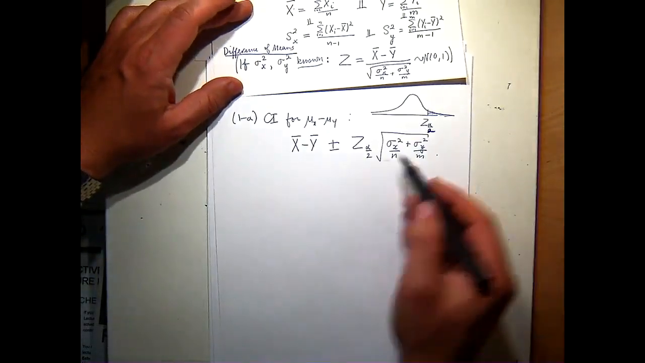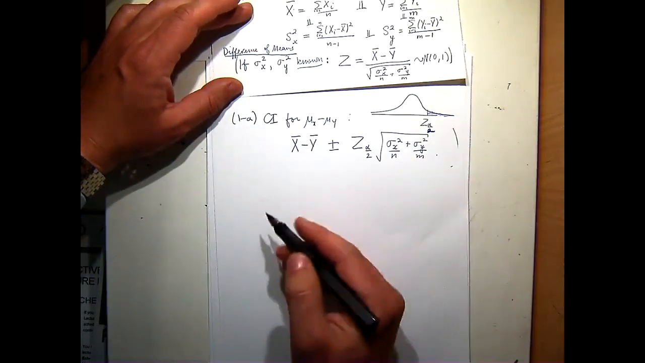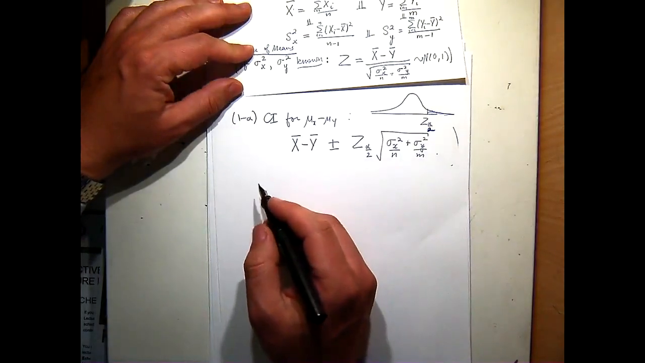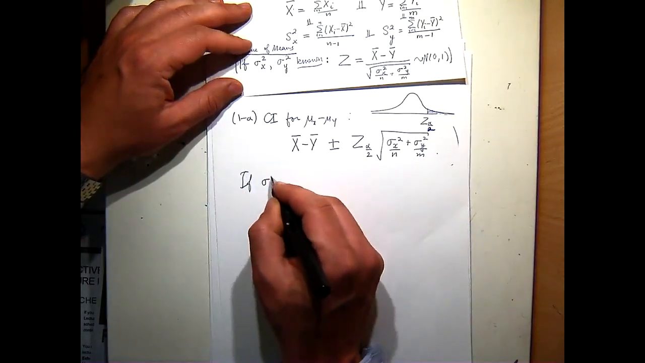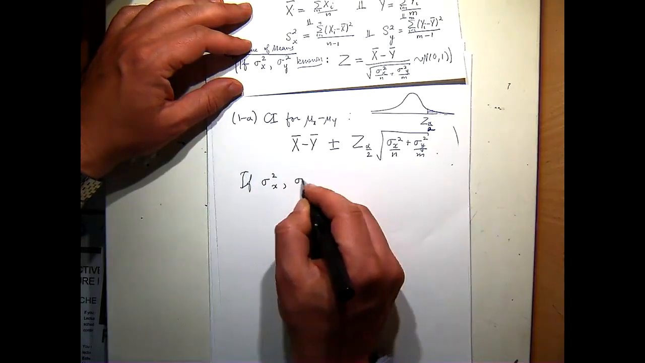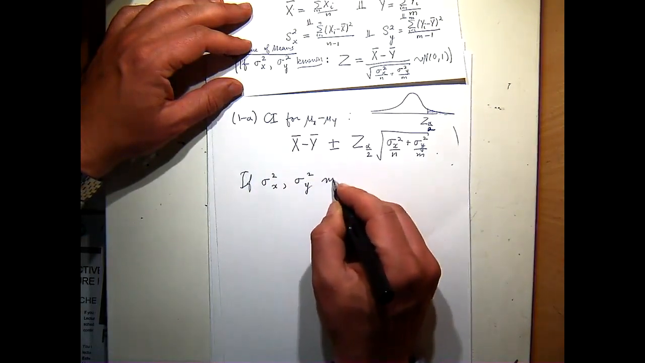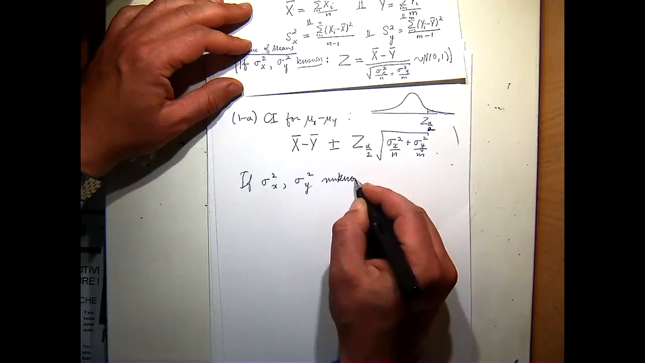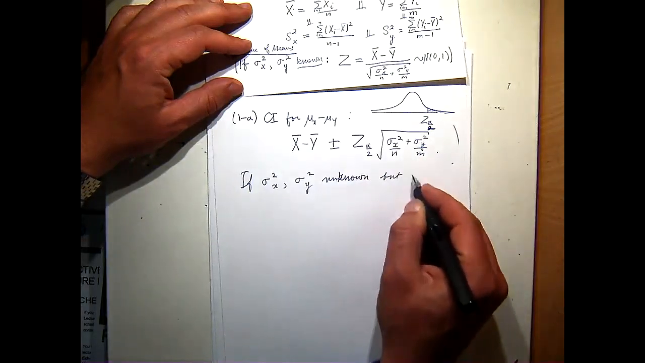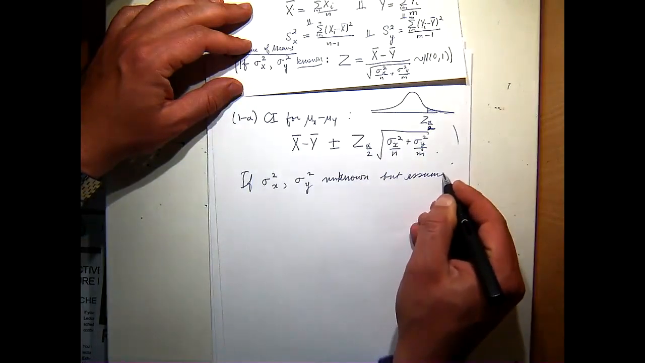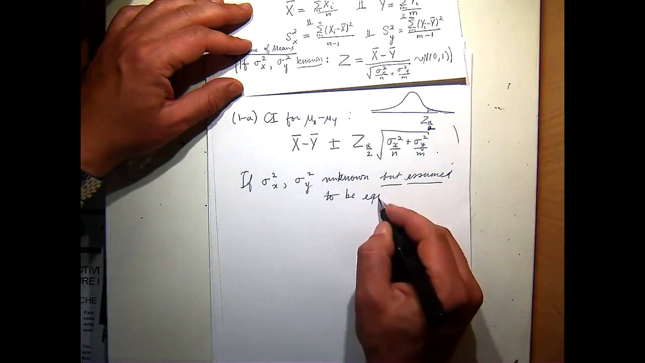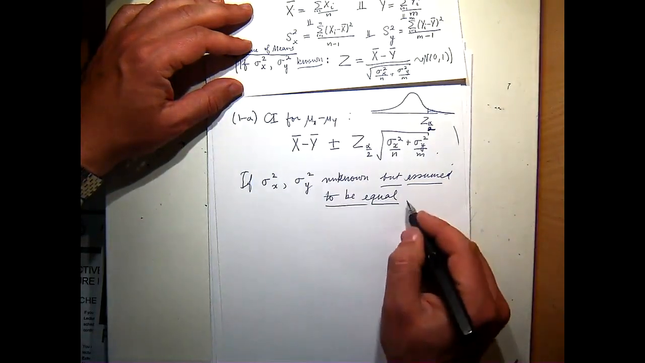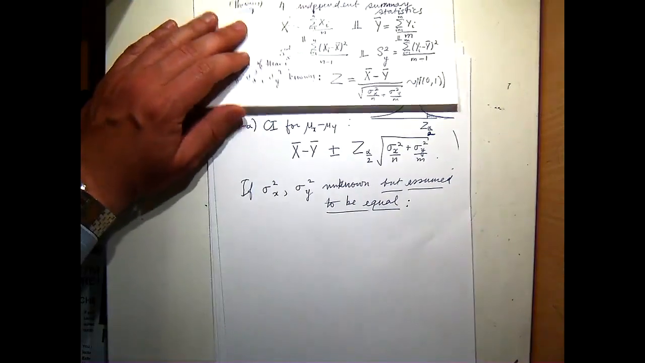Okay, so that's if sigma squared x and sigma squared y are unknown, but assumed to be equal. Now this is definitely an assumption, but in some cases it's a perfectly valid assumption, especially if